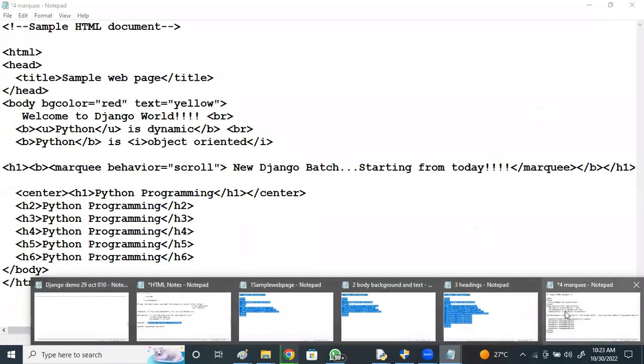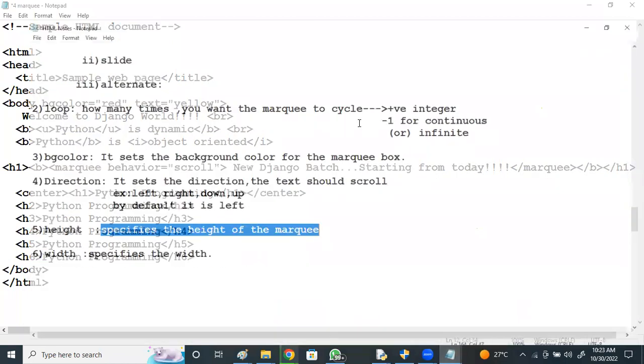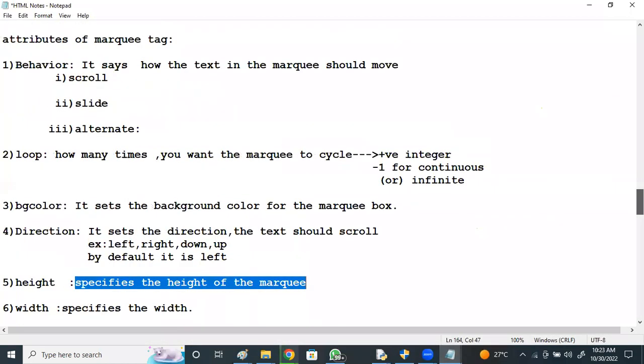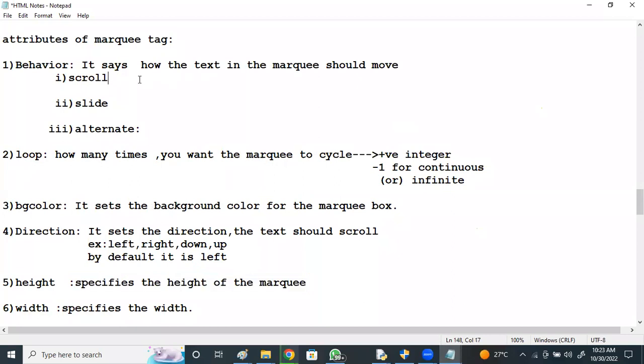Scroll means what? Here, scroll means the text scrolls across the marquee.